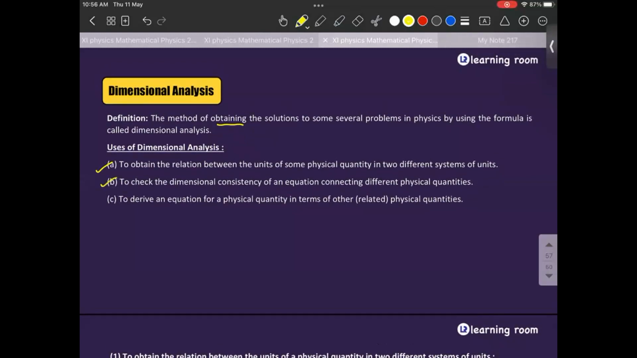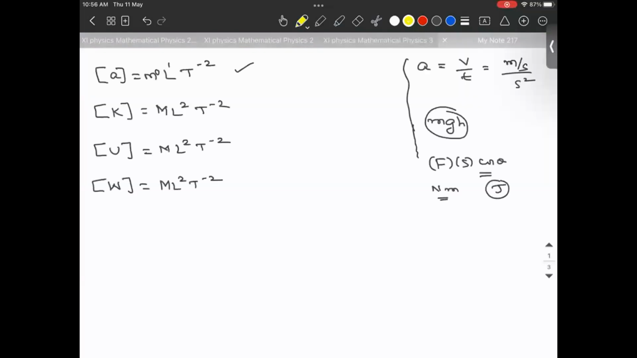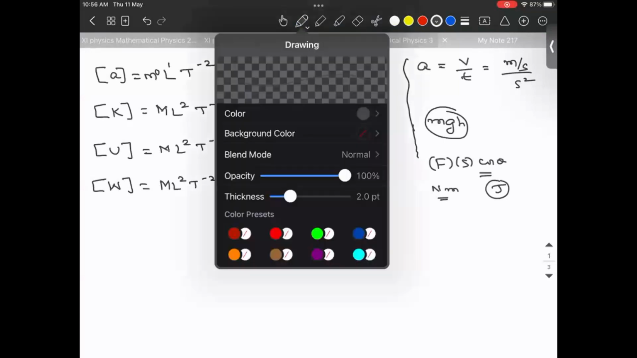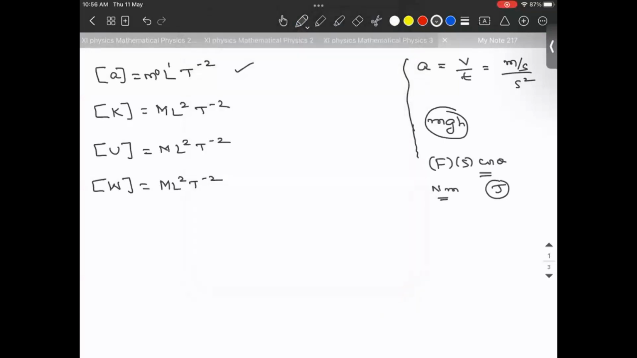Second, to check the dimensional consistency of the equation connecting the different physical quantities. The meaning of this is, now you ask me a question, no? Sir, is it going to be the same? Like how are we able to say that the dimensional formula of everything is the same? Okay. If you recollect from your 9th grade, you would have learned something like this: